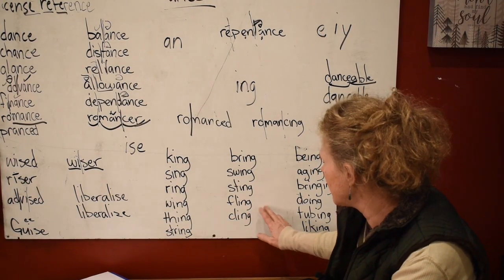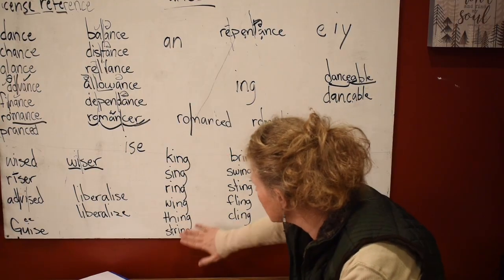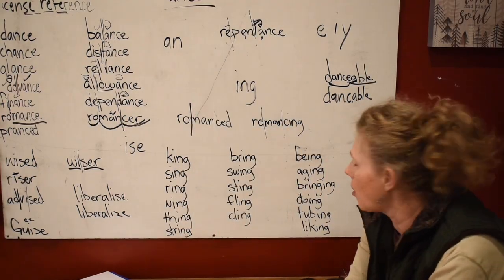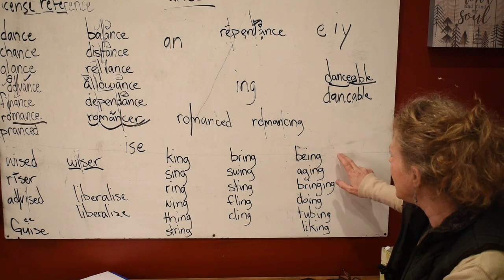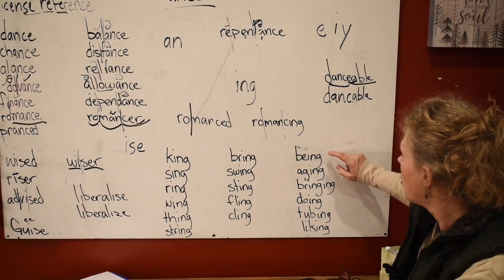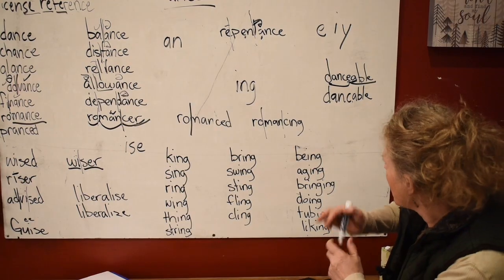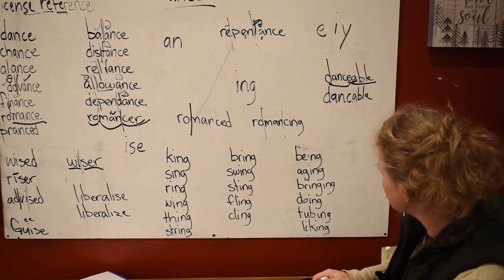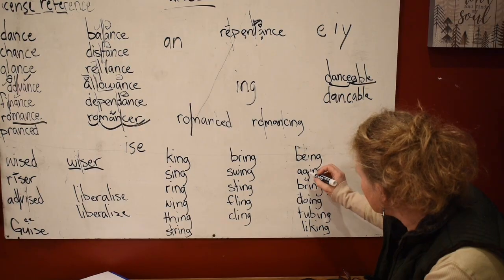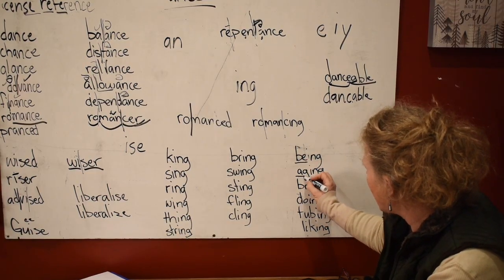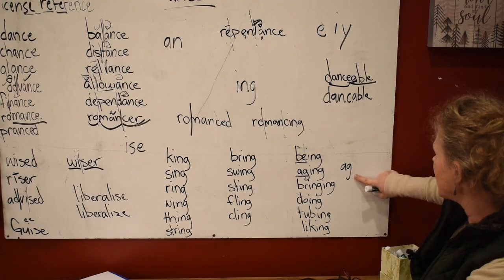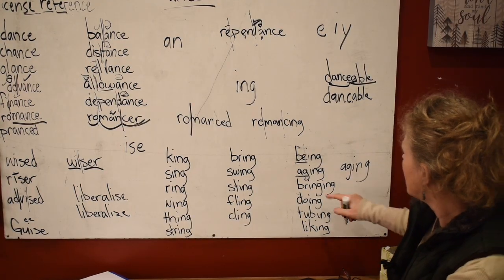Fling. Cling. See how there are really small one-syllable words, but this is what happens when you are seeing it in a multi-syllable word. Being. Now look, this is when it becomes the participle, the present participle, or it becomes your gerund. See how it breaks right here? And oftentimes it's its very own syllable. Being. See right here, when you add it on to age, which is the base word, you're going to drop the E and add your vowel suffix, ing, and now you have